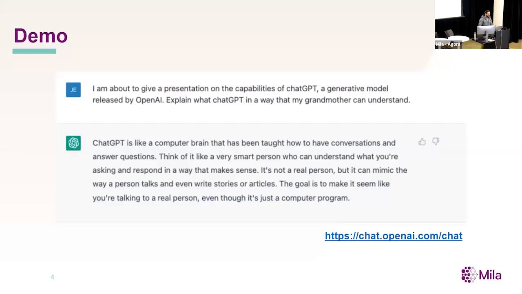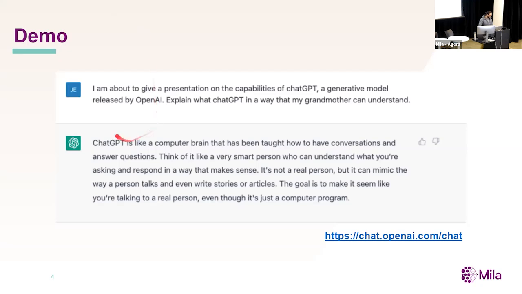So let's get started. First things first, let's start with the demo. The best way to introduce what ChatGPT is to just ask ChatGPT to explain what ChatGPT is. Okay, so you're going to see a lot of these slides in this presentation. When you see JE at the top, that's me, Jeremy. So I've done most of the prompts in this talk, and in fact, you probably can't reproduce them, but they are real. I promise they are real.